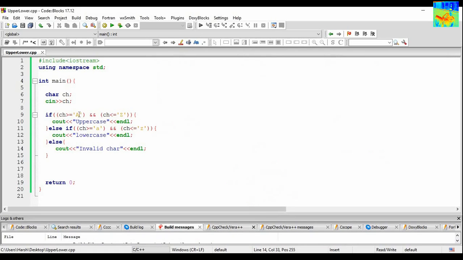What you can also do here, instead of writing capital A, is write its ASCII value, 65. Similarly, instead of writing capital Z, you can write its ASCII value, and the same for 97 and 122, because ultimately typecasting was taking place. In this case also, implicit typecasting will take place. We are not converting characters to integers. It is done automatically by the compiler. So you can check the output is going to be the same.